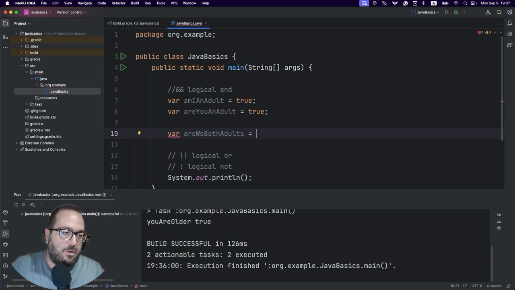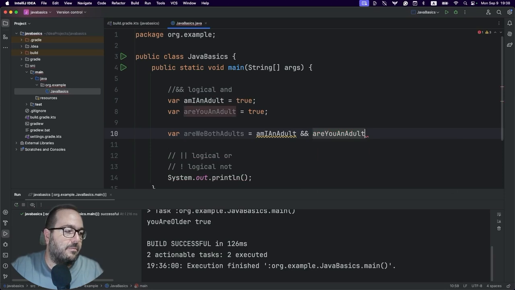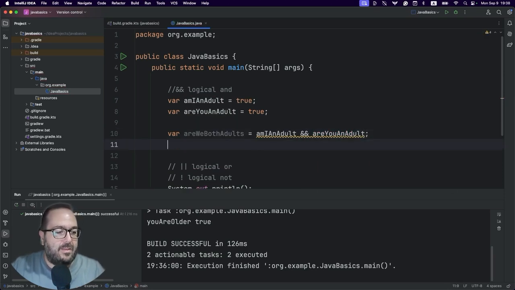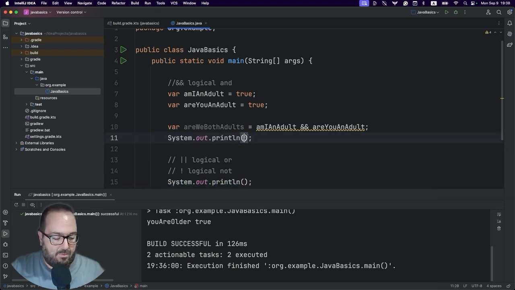Now let's use our AND logical operator. Am I an adult? And are you an adult? And let's print out this statement and see what we are going to get. Are we both adults?